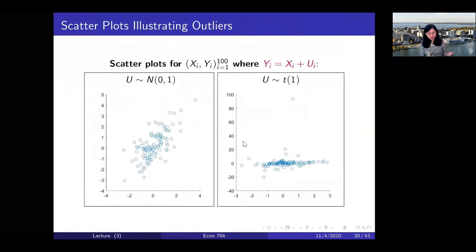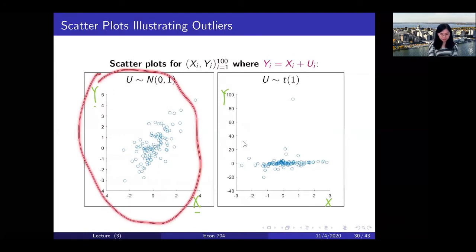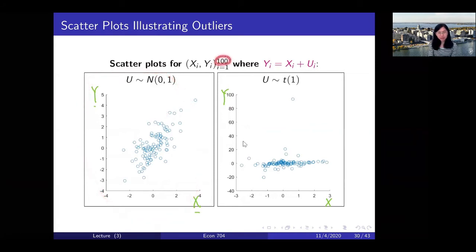Okay, it's easier to visualize by this. Visualize the outlier from this scatter plot. So here I'm comparing two scatter plots, the scatter plots of a data set that contains X and Y pairs. The scatter plot on the left is the scatter plot of a data set of 100 people drawn from